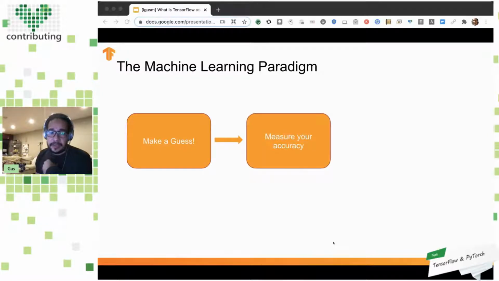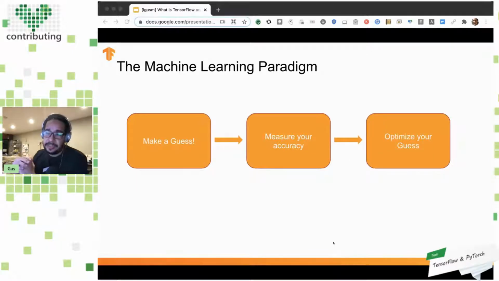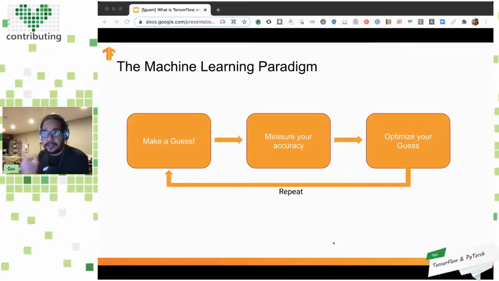The next step is you see how close to the proper answer the machine is, right? So the random guess will give you whatever accuracy it is, but you measure that. You have to measure. So is it too far? Is it too close? Are the machine's random guesses close or not? After you measure that, you can come back to the machine and say, look, you made some mistakes and you are super far. Can you try again, try different answers here? And you keep repeating this process on and on and on.